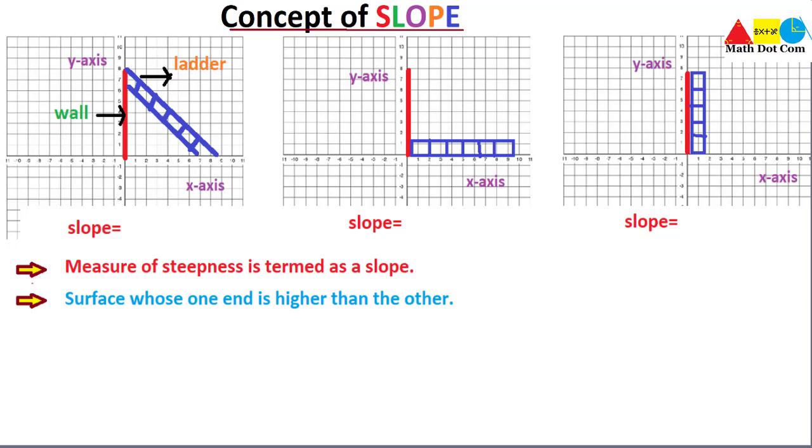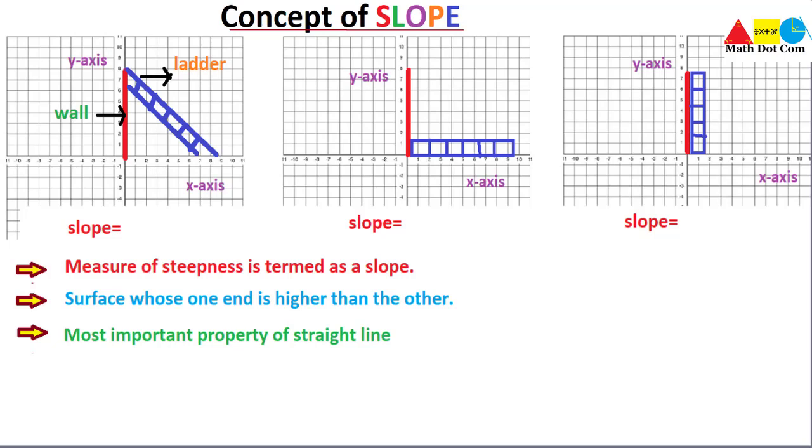Another thing that needs to be discussed here is slope is basically a property of a straight line, but keeping in mind the second property, that is that straight line should have the property that its one end is higher than the other. Then you can say that the given straight line has a slope. So slope is basically a property of a straight line, and that straight line must have one point higher than the other. So these are the important points that need to be discussed, or we may come across at various places, so you can have the concept about it.